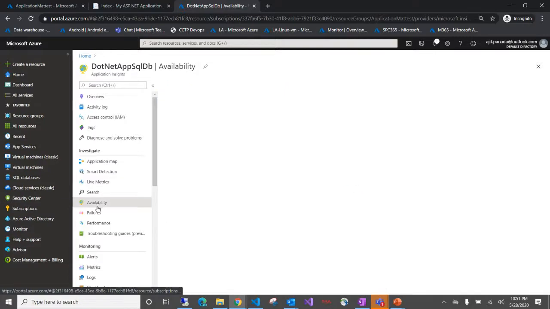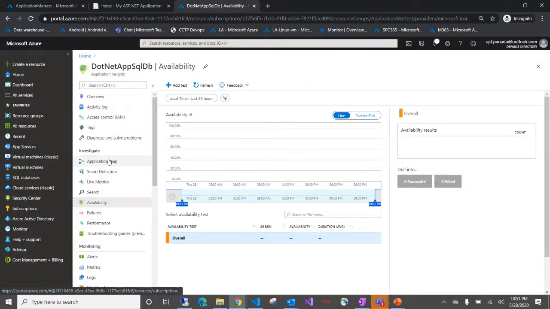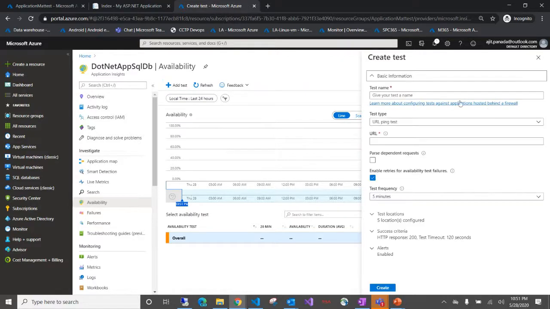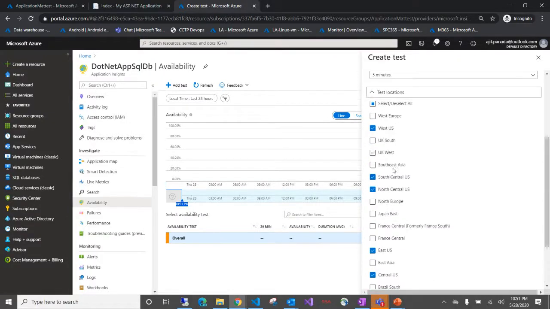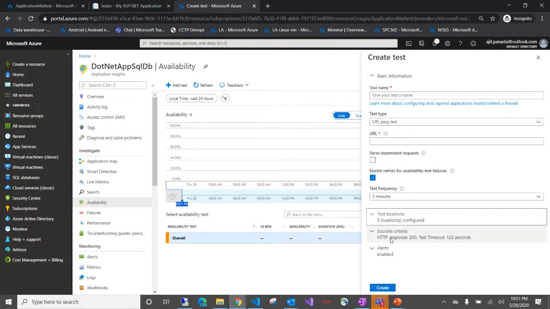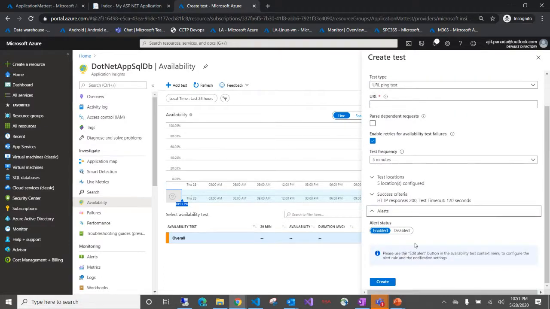And one of the other most important things that we most commonly use is something we call an availability test. Previously you would have done a ping test, where from the command line you ping a specific server and wait for it to return some value. The availability test also works on the same principle. We can just use a URL ping test, give any URL, like in my case I can give my application URL itself, then give a frequency. You can test location. If you see, it will test from any location you want. And then in case it is not available, an alert will be generated to the stakeholder.